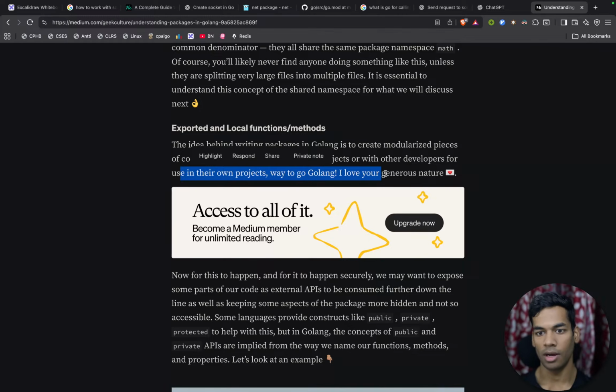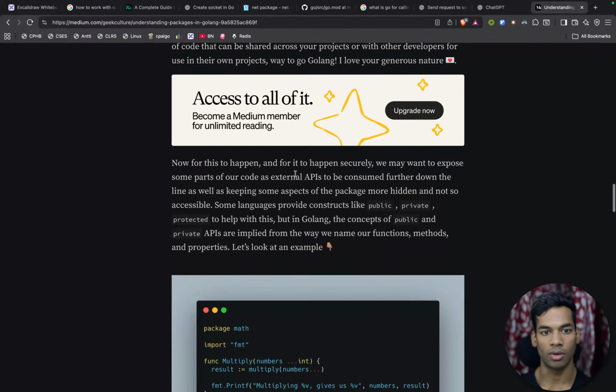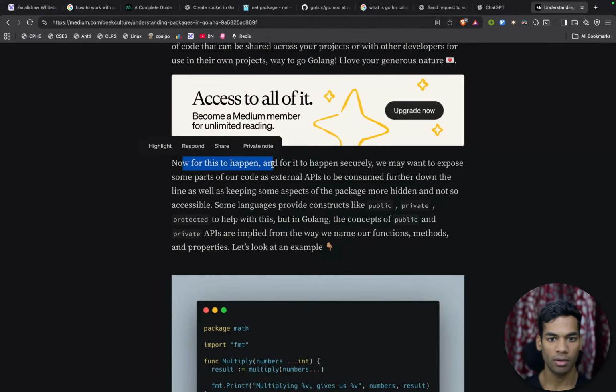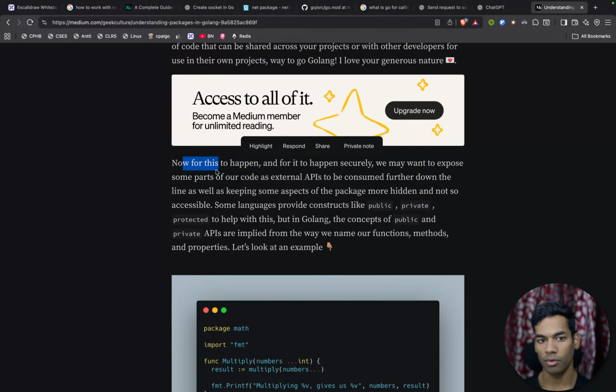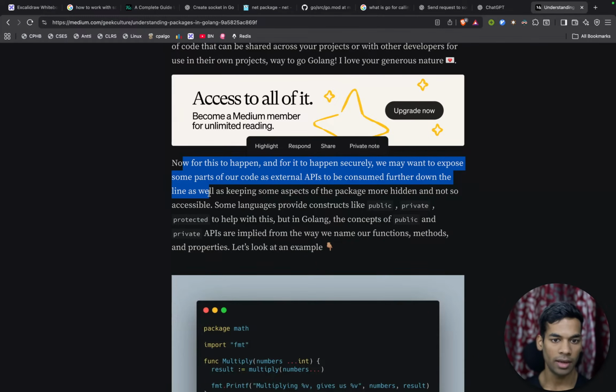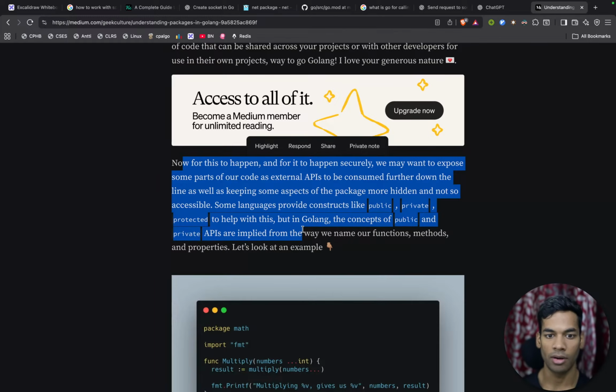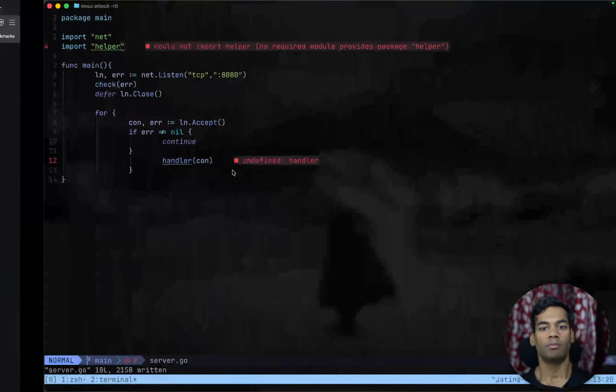Way to go, Golang. I love the generous nature. Okay, now for this to happen and for it to happen securely, we may want to expose some parts of our code as external APIs to be consumed further down the line, as well as keeping some aspects of the package more hidden and not so accessible. Some languages provide constructs like public, private, protected to help with this, but in Golang, the concept of public and private APIs is implemented from the way